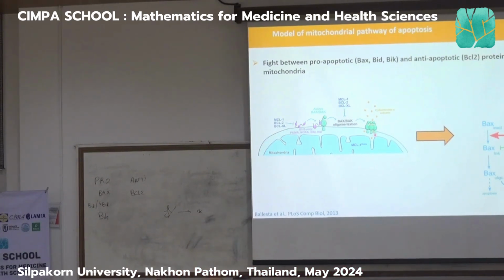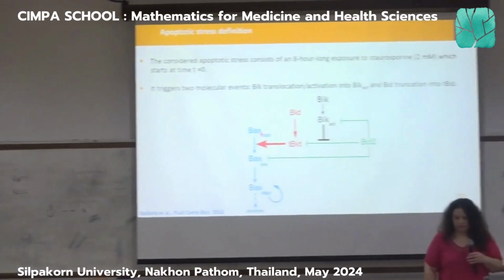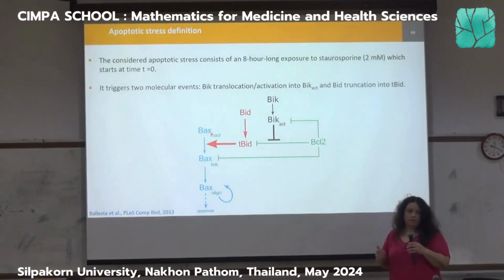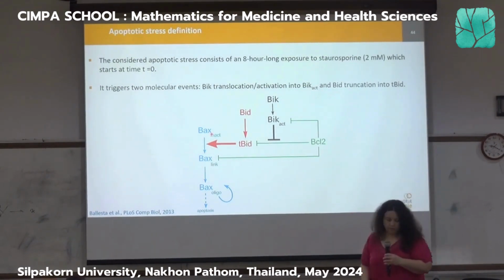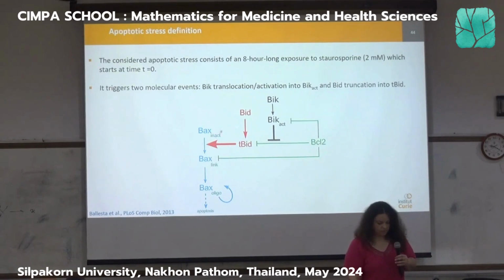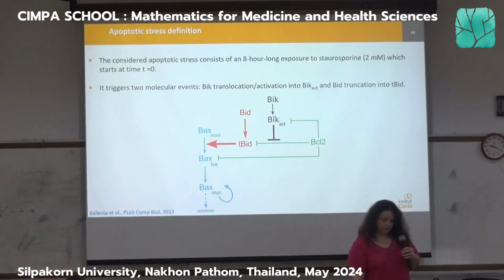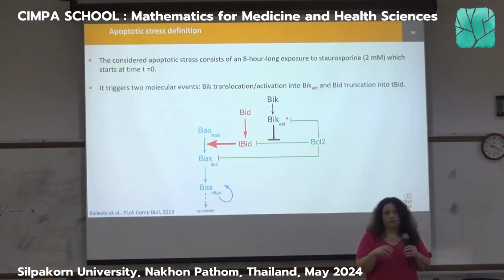So the first thing that I would like to describe is the time 0. So at time 0 you put the drug, and in the mathematical model it will have 2 effects. So the first thing is that it will activate Bax. So Bax is here, at rest, probably far away from the mitochondria. And when the drug is here, Bax turns into Bax-act. And in terms of biology, it probably means that Bax relocates to the mitochondria. This is exactly what we just saw.